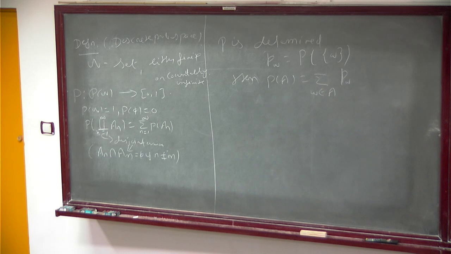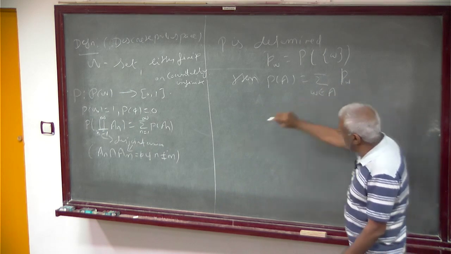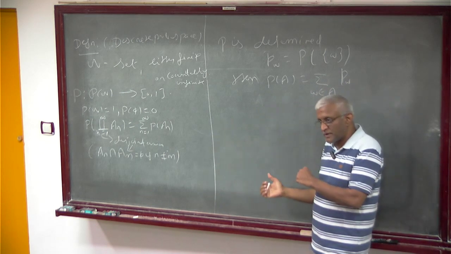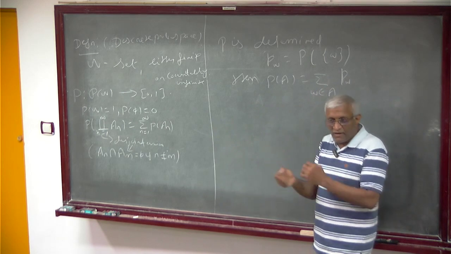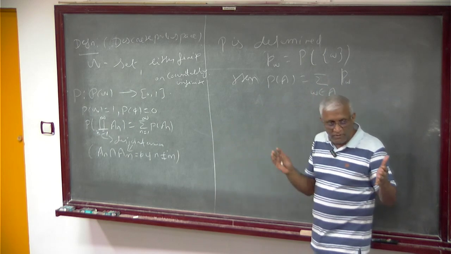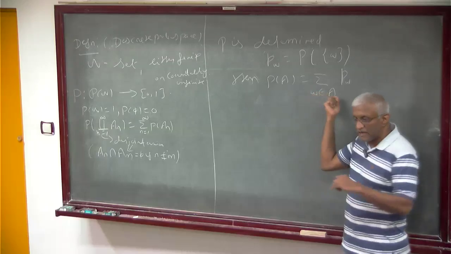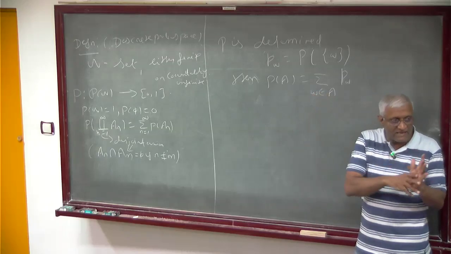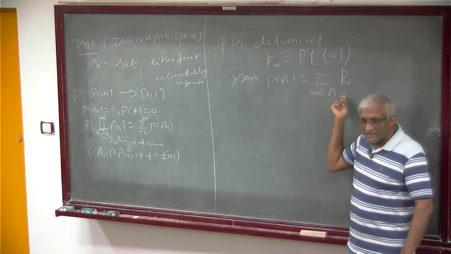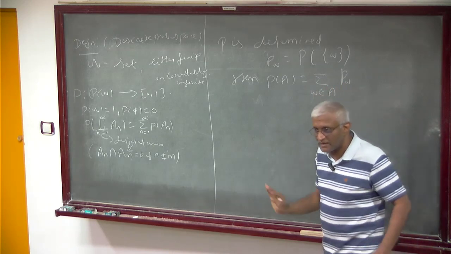Last time someone asked that instead of this sum we will have an integral. This is the probability of a single point. But in general, in a continuous probability space, the probability of a single point may be 0, but you still have non-trivial probability for intervals. It's not that you are integrating the point mass. You have something else called density. Density is a generalization of this, but it's still not the probability of a single point. It's something different.